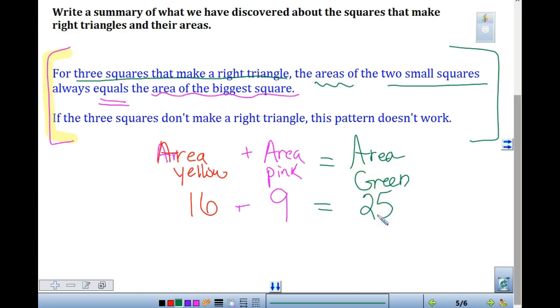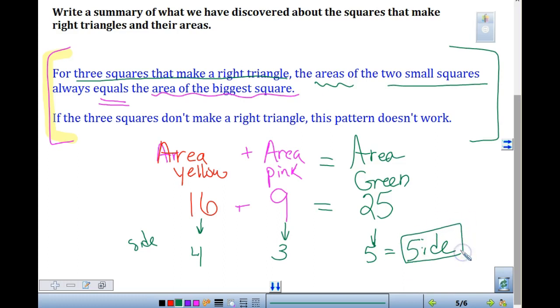So these were my areas. What were the side lengths? The side of 16 is 4. The side, if the square has an area of 9, is 3. And if the square has an area of 25, the side length is 5. So if we know the sides, do the three sides add together? Does 4 plus 3 ever equal 5 when we just add the side length? No. But if we add their area, so it's always really important, you're going to always be talking about the